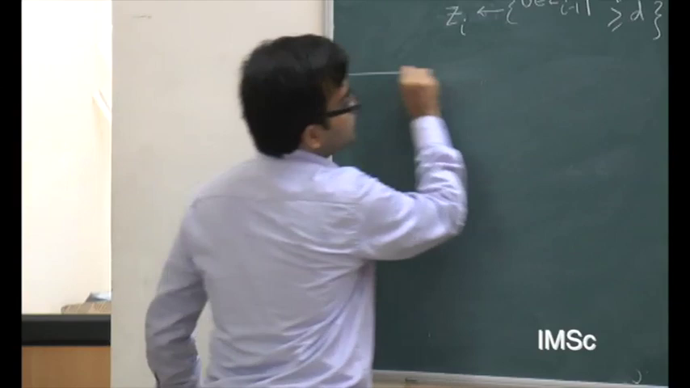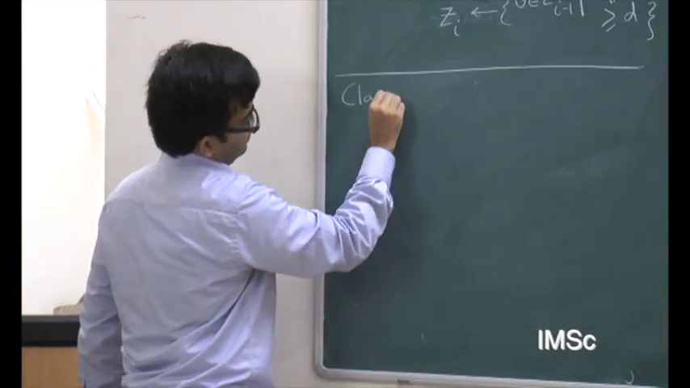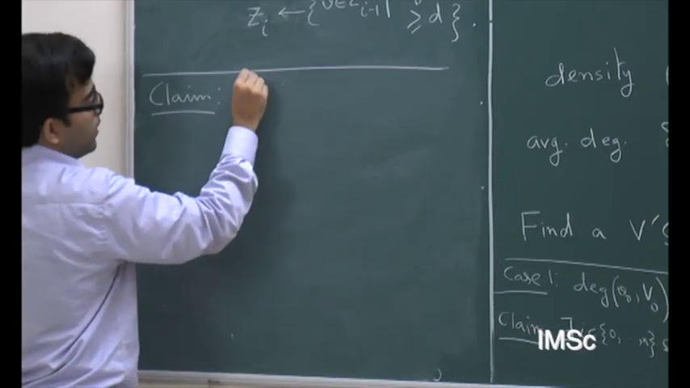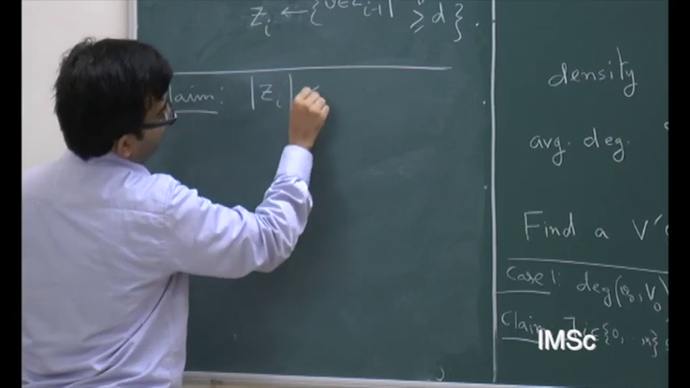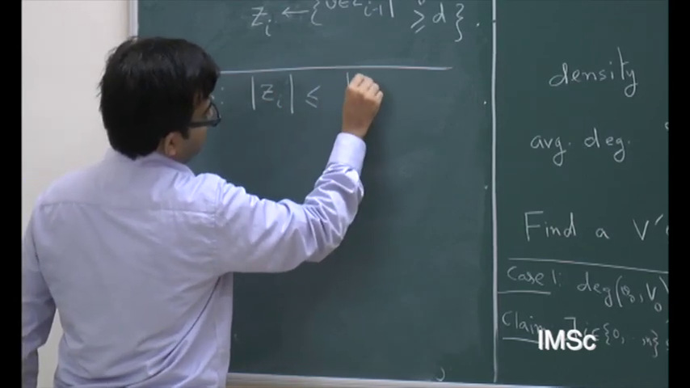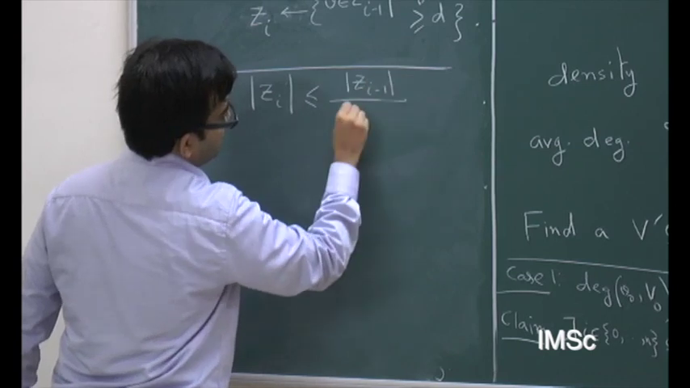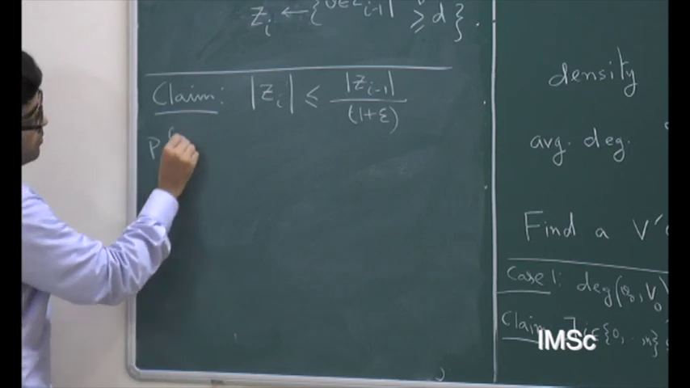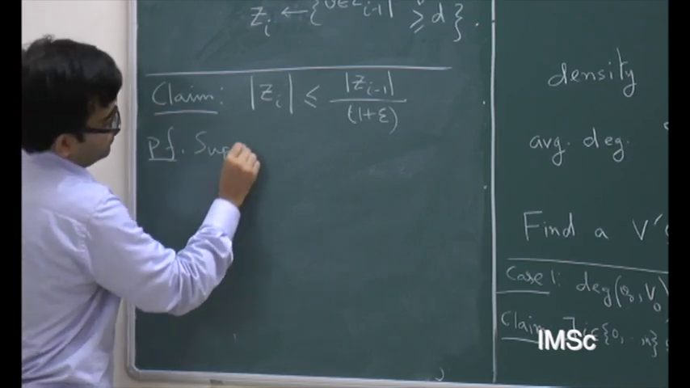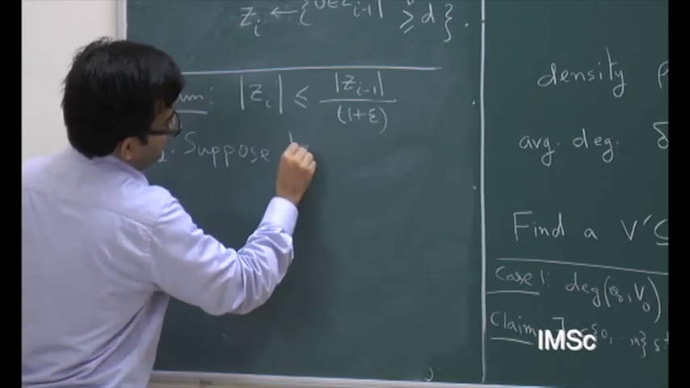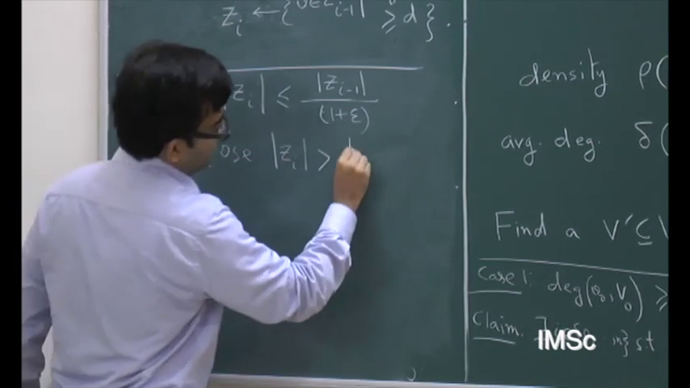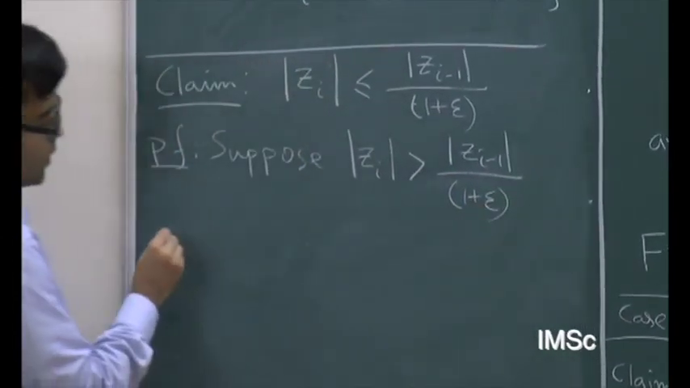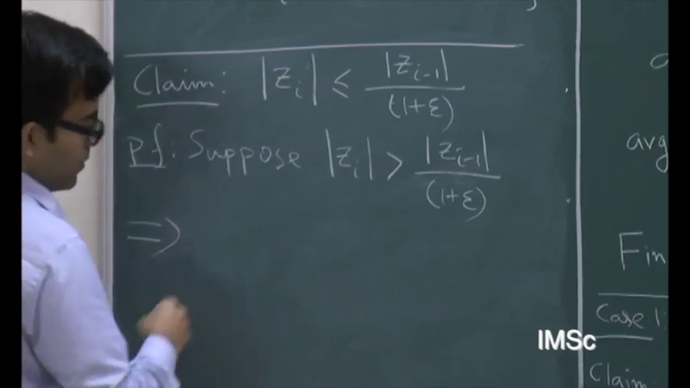Okay. So the claim is this. I mean, this is actually quite simple. It's my mistake that I made it complicated. The claim is that the size of Zi ought to be less than or equal to the size of Zi minus 1 divided by 1 plus epsilon. Why? Proof. Suppose it's not true. Then what will it imply? Then